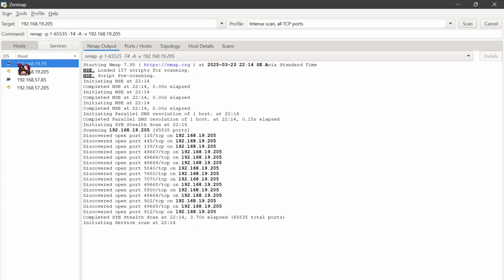The command -p 1-65535 scans all TCP ports, and then -T4, -A, and -v, same as before, are aggressive scanning settings. We wait a little bit because this may take several minutes to complete.